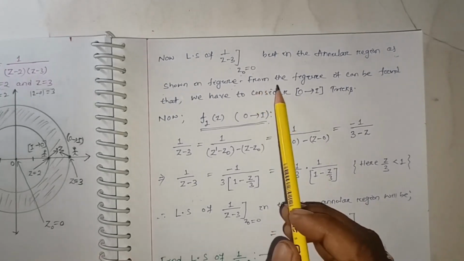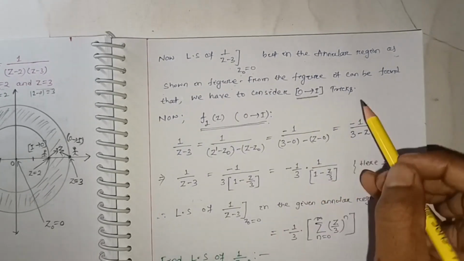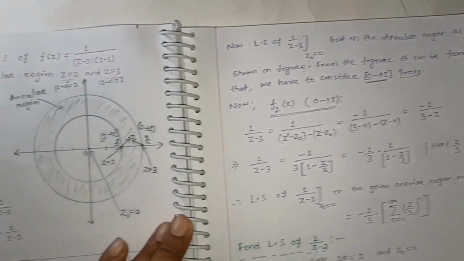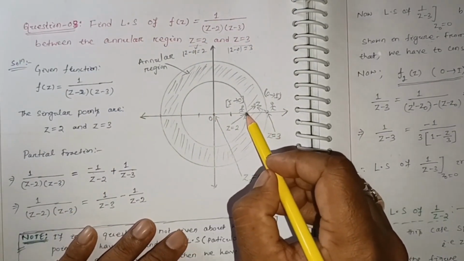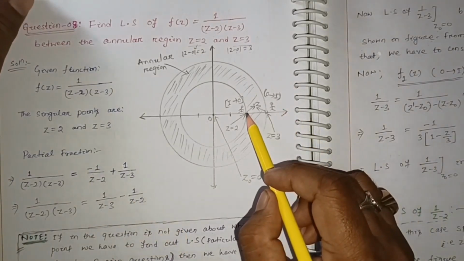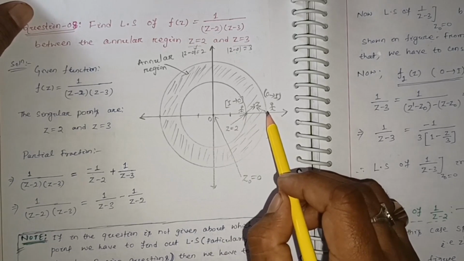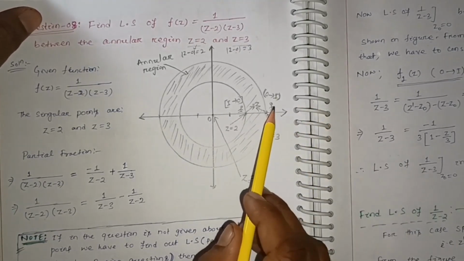Okay, from the figure it can be found that we have to consider out to in. This is your trick, out to in. Why? Here you can see, where is the z0? This is the z0. So here z dash for this function is, sorry, z dash is here, z equal to 3. So here you are standing,